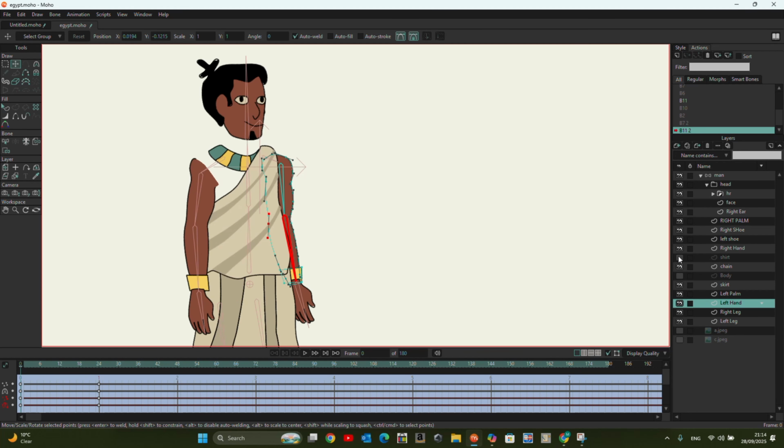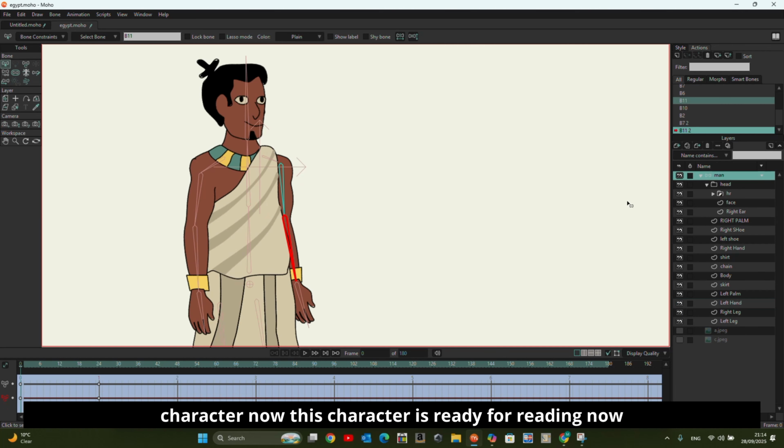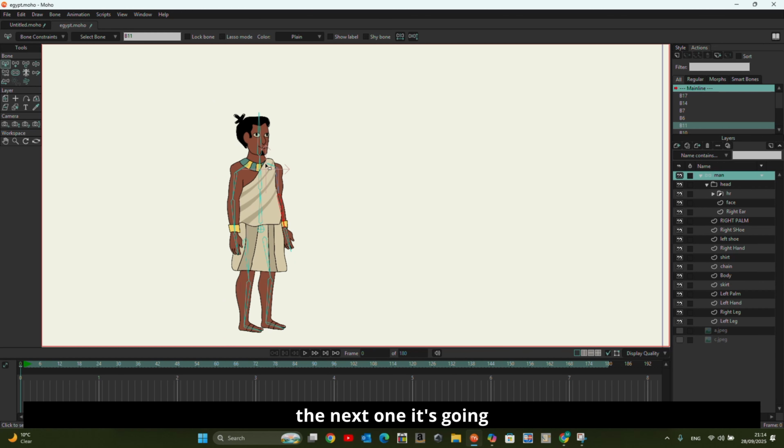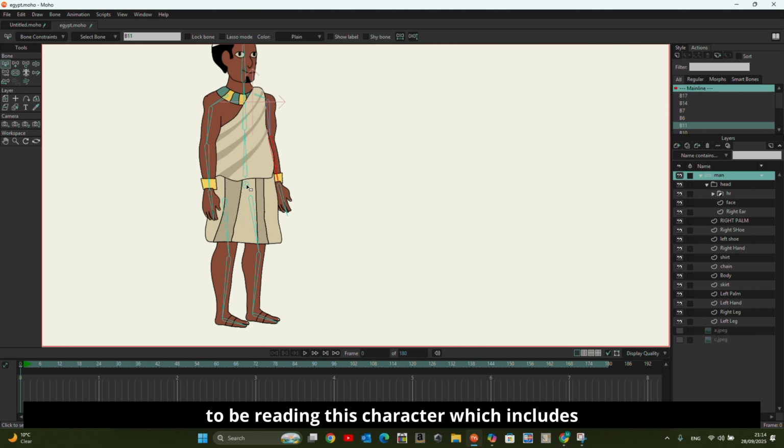Okay, so we have used SmartBone to do everything with this character. Now this character is ready for rigging. The next one is going to be rigging this character, which includes